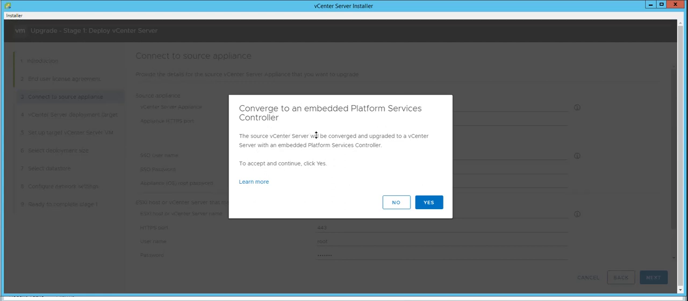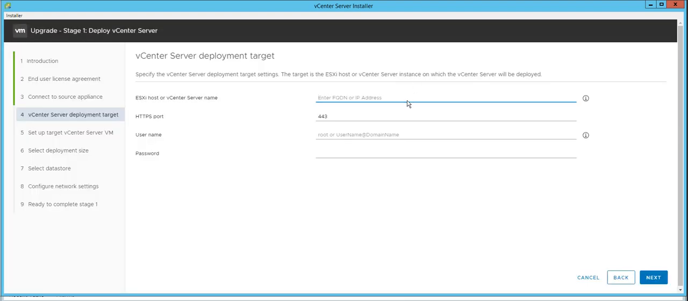It says a source vCenter server will be converged and upgraded to a vCenter server with an embedded platform service controller. So this is what we are trying to do. By default, it detects that my 6.7 has an external PSC and it is giving me an acceptance box saying that it will converge into an embedded platform service controller. So I'll go ahead and select the yes button here, and we should provide